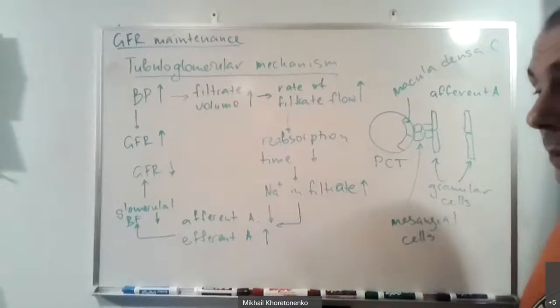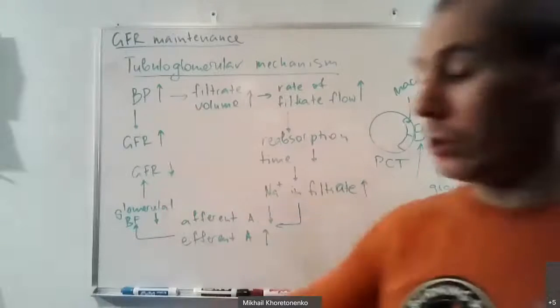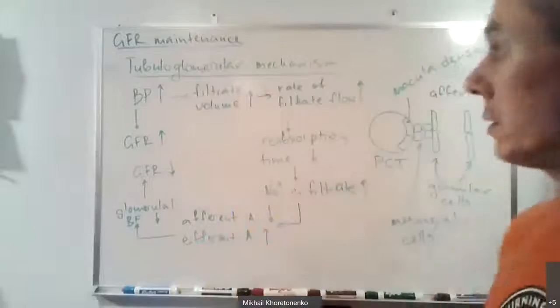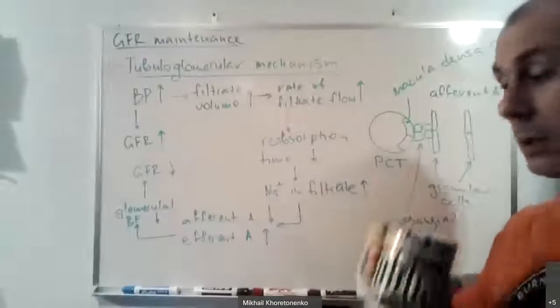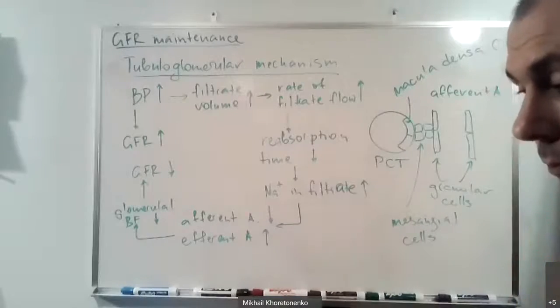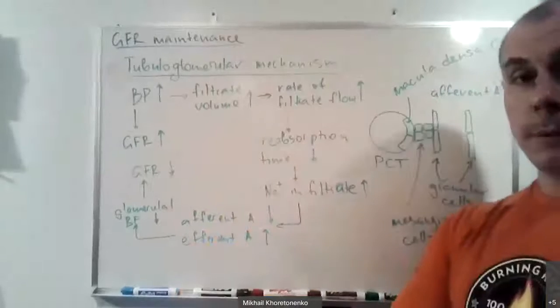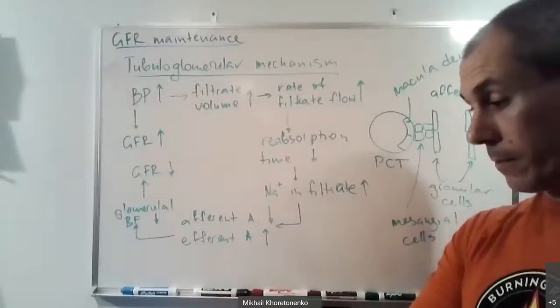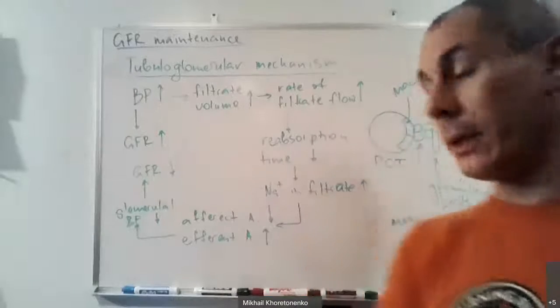In order to describe what happens when blood pressure is low, all you need to do is to just flip all the arrows. Does that make sense? Good? Okay, now the last part